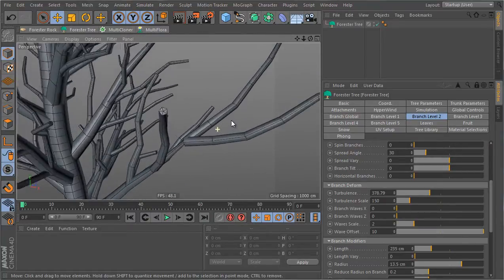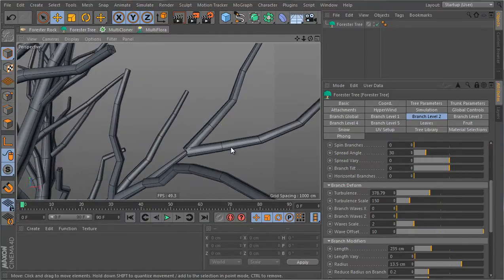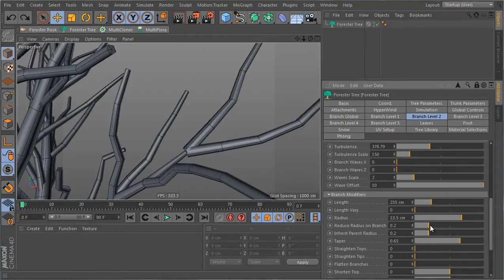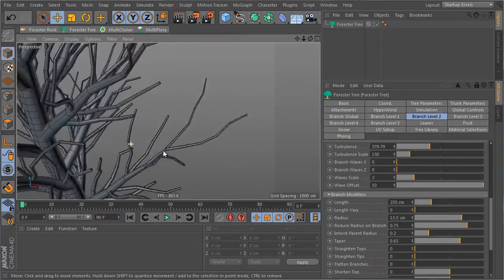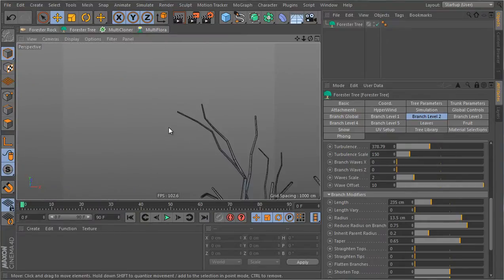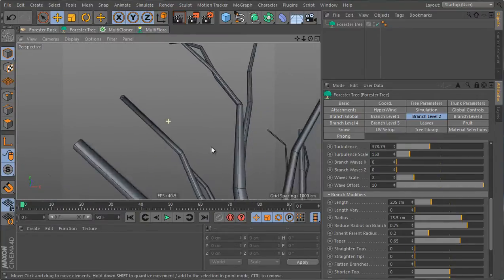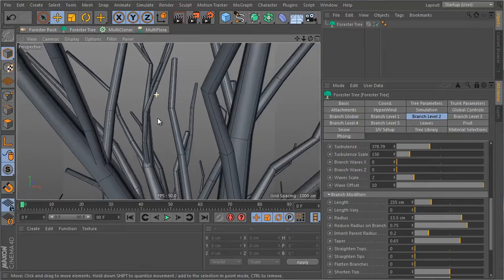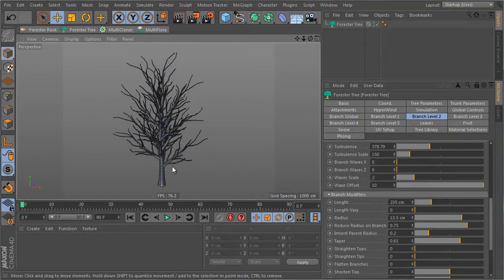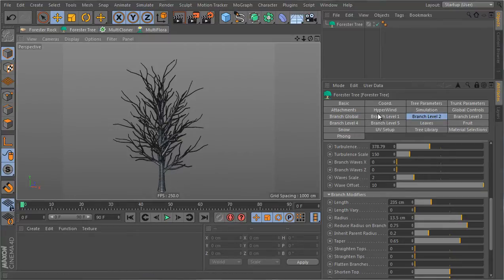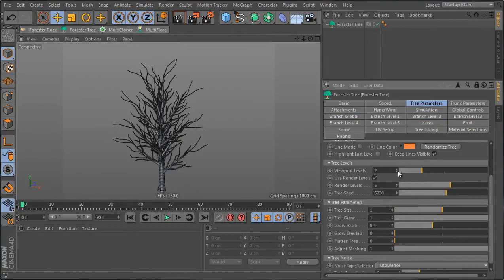Now here, if I zoom in, I see that the thickness is not really good at the end because the parent branch is tapering. So I can increase the reduced radius on branch until I get the proper reduction in the radius. Also, I have to check this from the top to make sure that it looks good, which it does. All right, moving on to branch level 3, so I'm going to go back to tree parameters and increase